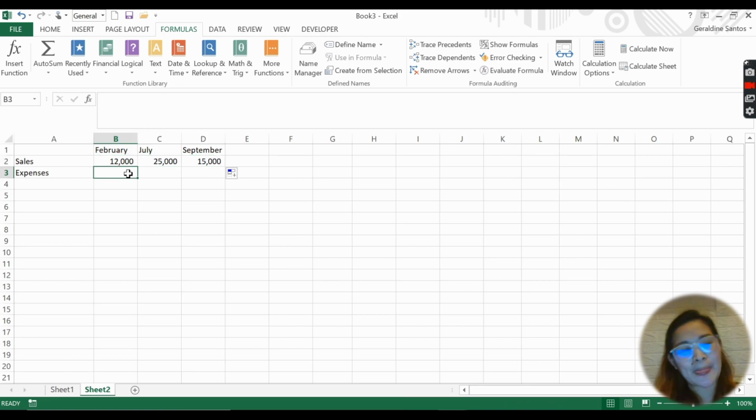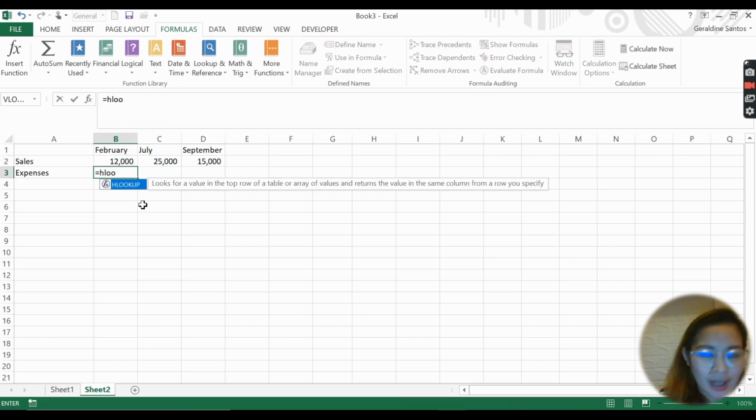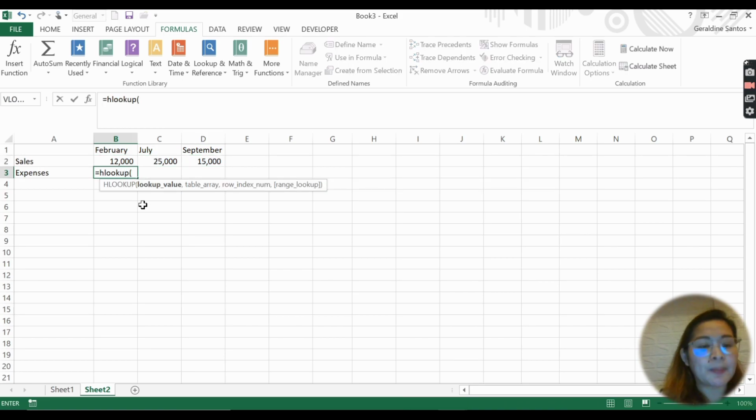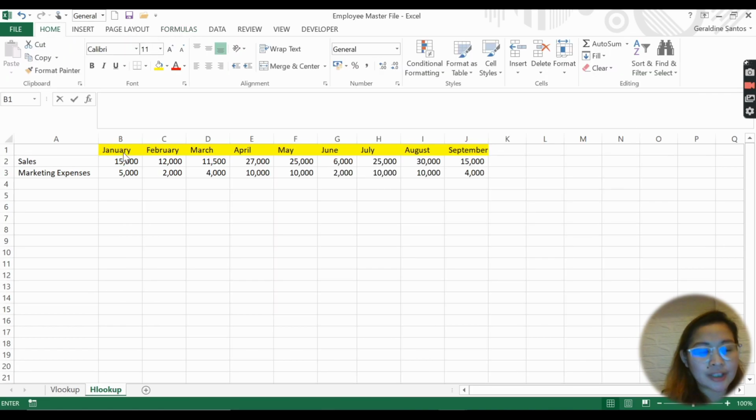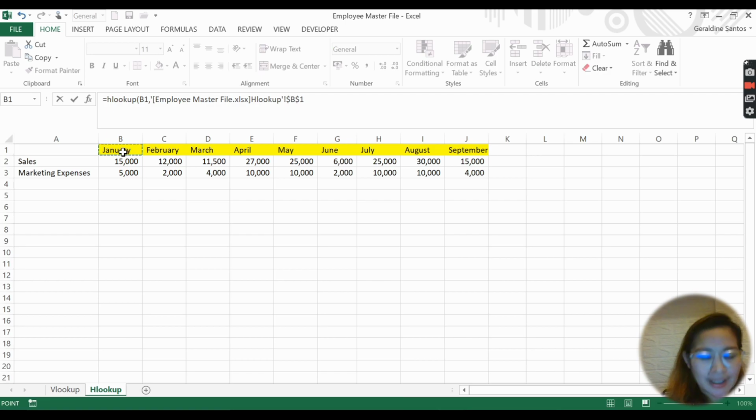Get another one. So equals HLOOKUP, open parenthesis, the same variable that you have on your source file, comma, and then the same month.